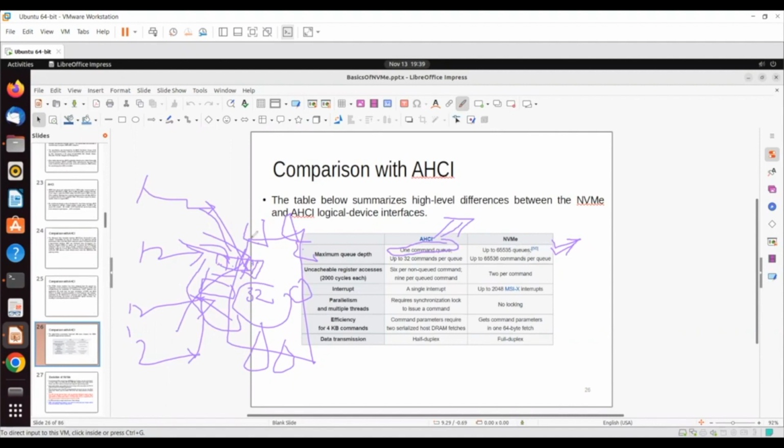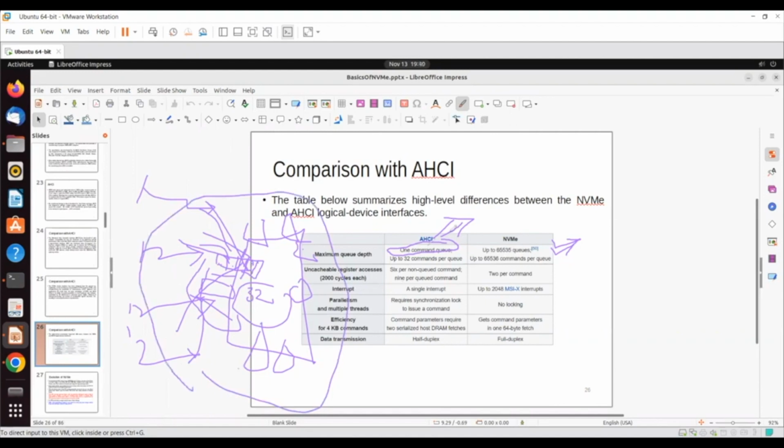It means you can put commands into 64 queues, and each queue will support 64K commands. So if you look at the maximum command handling capability of this NVMe drive at any point, at one shot you can handle 64K commands. And after that, the total commands it can store at one shot is nothing but 64K into 64K. So many commands you can store at one shot. That is the capability of your NVMe subsystem